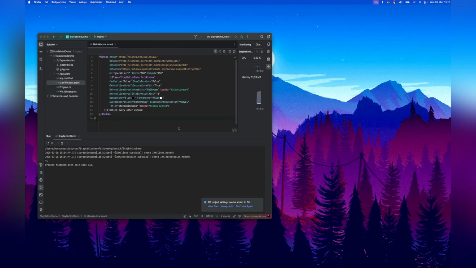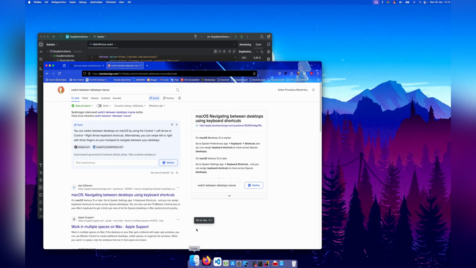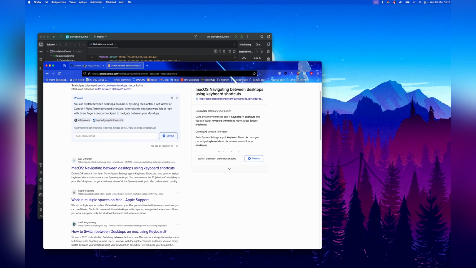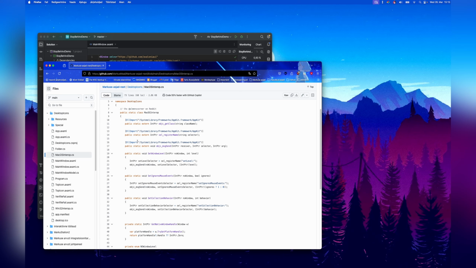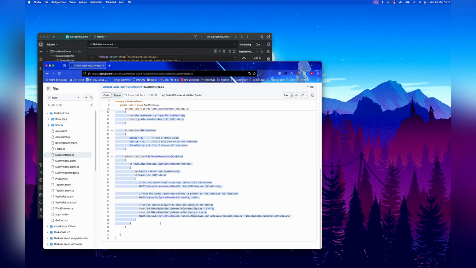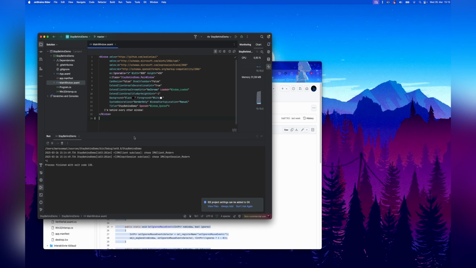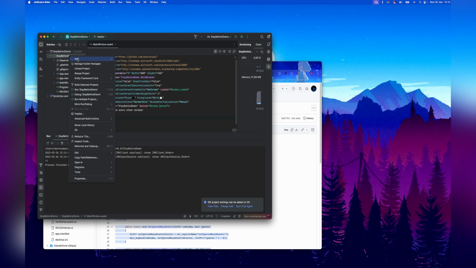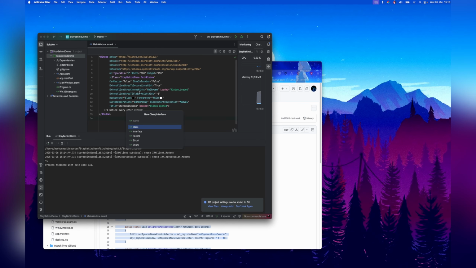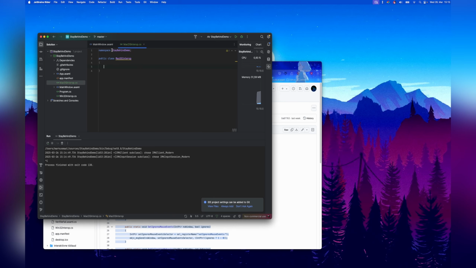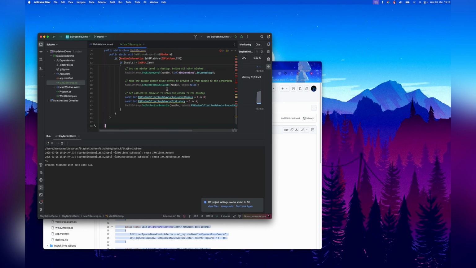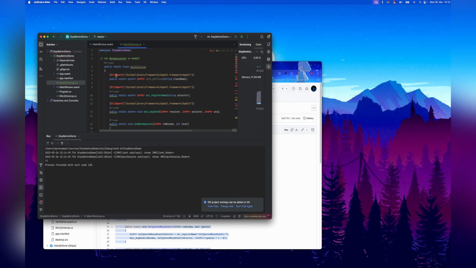So actually I have some Firefox window hidden here. I'm just noob at macOS, don't worry about that. So let's just copy all of this. I have all of the code in the Git repo, should you need this. But I'll be honest, I don't really understand how this works. It's Command V, not Control V. I'm stupid. And